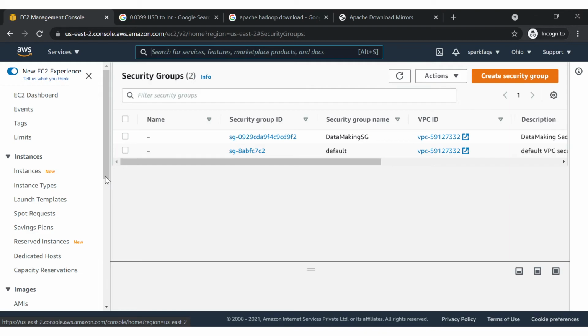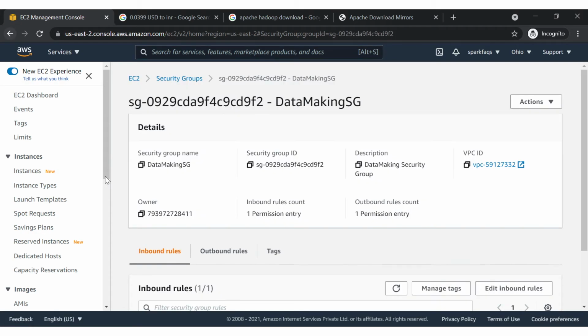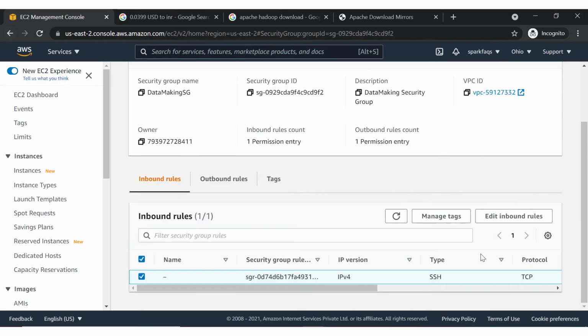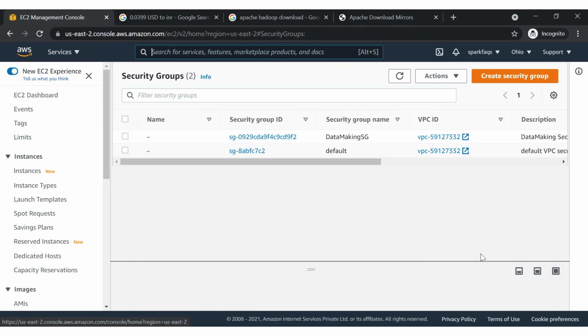Now you can go to your AWS management console and open your EC2 instance. Go to the AWS console and click on the security group.